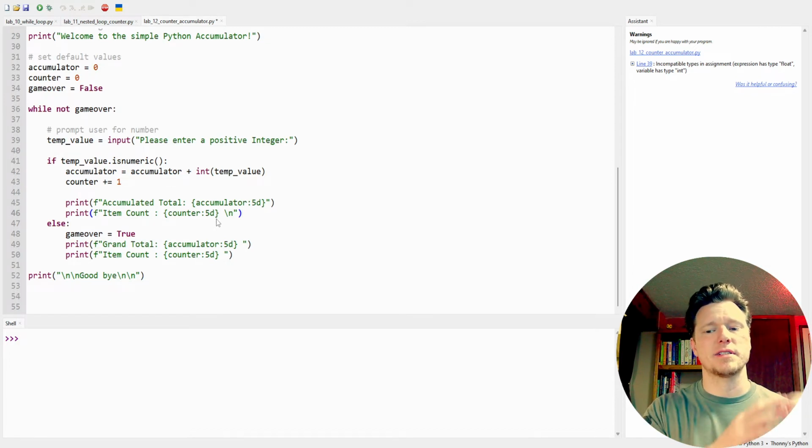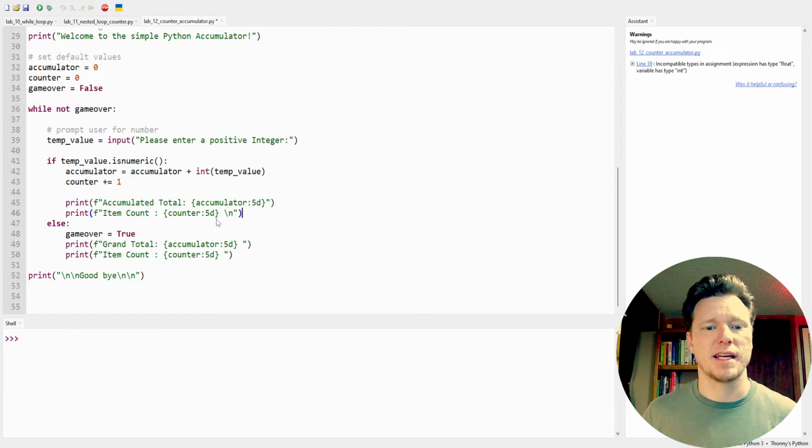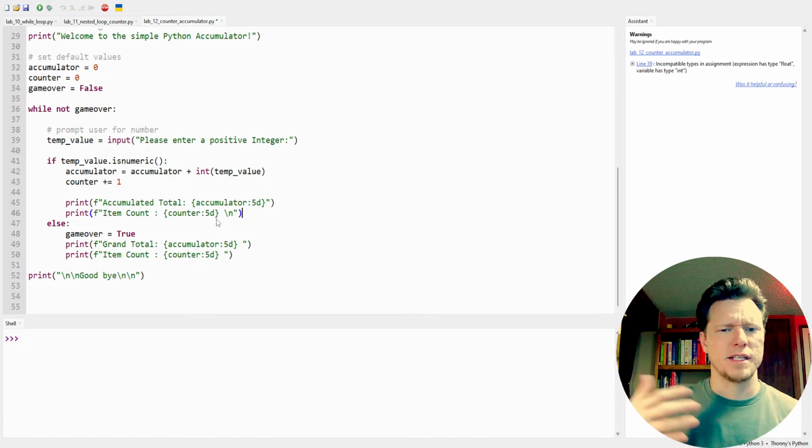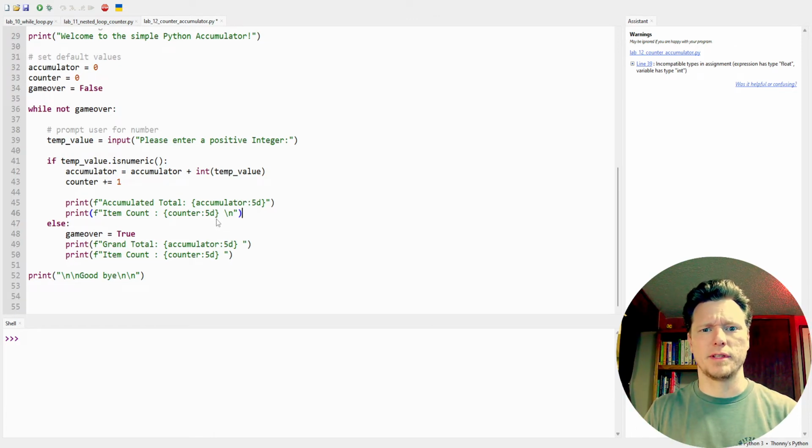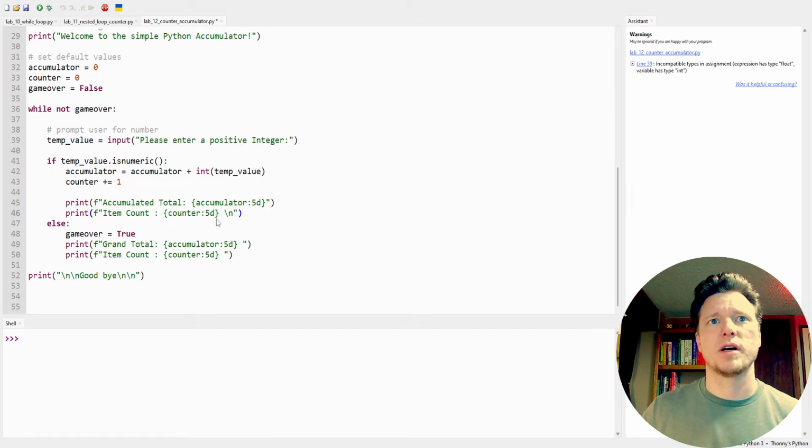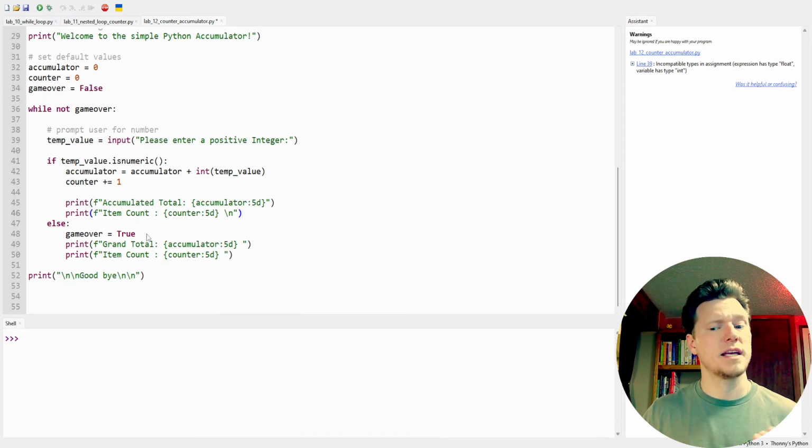They're going to be the same because I like the right edge of that number to line up with each other. Like if you're going to do addition or something, you want the right edge of those numbers to be lined up with each other. You know what I'm talking about, I'm sure. So if that value that was inputted is numeric, it's going to do this. If it's not numeric, we're going to set game over to true, which means this is the end of the loop. And while I'm still in the loop, I'm going to output the grand total along with the item count